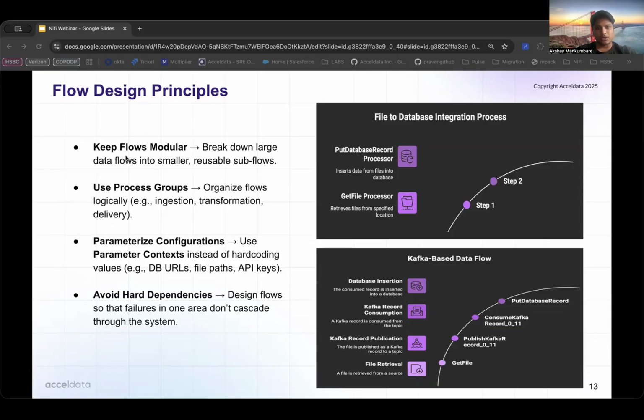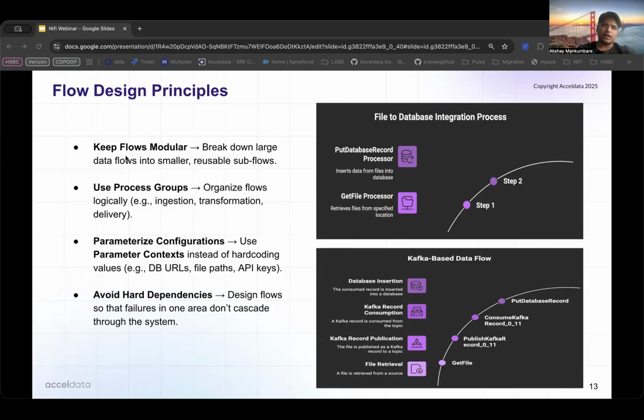So it is important to take a step back and think how can I design this flow in such a way, or how can I divide this flow into smaller chunks where I can make the same flow reusable, or some reusable, basically subflows, right? So it is very important whenever one is trying to design a data flow, to keep this point in mind. Make sure your flows can be reusable, otherwise you just end up adding more and more components in NiFi